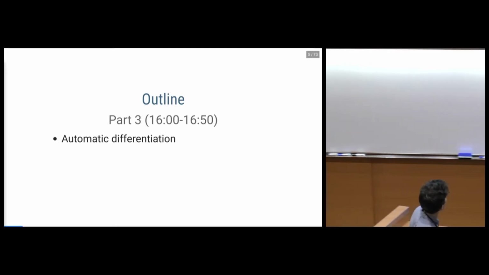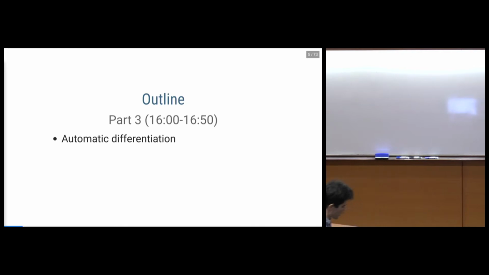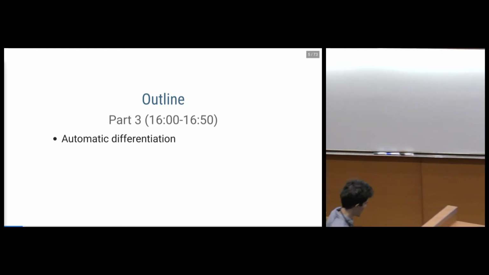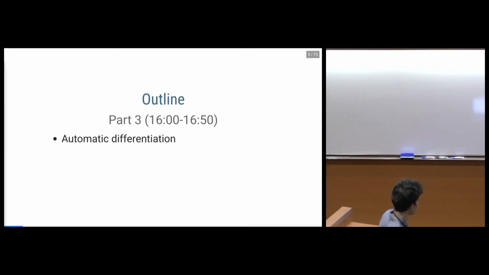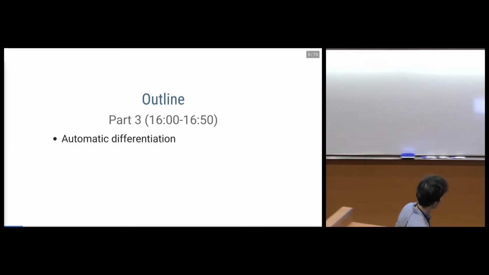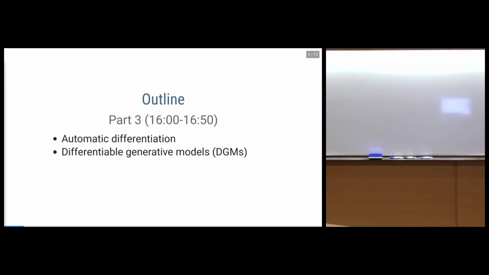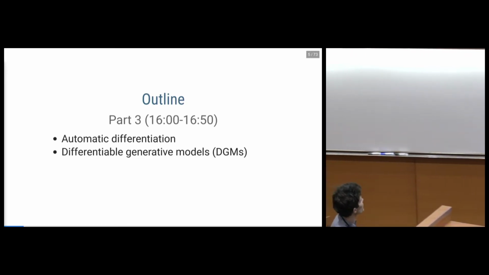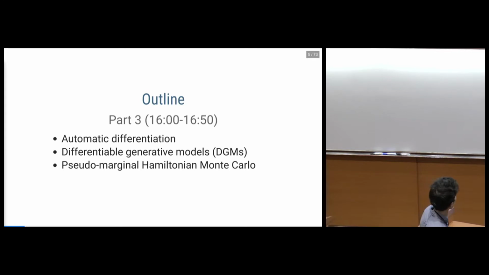And in the final part of the talk, I will change gears a little bit and go on to talk about models in which we're assuming a lot more information is available about the model, in particular that we're able to differentiate through it. So I'll give a little bit of an overview of automatic differentiation. I will define what I mean by this kind of differentiable generative model. I'll talk about this method